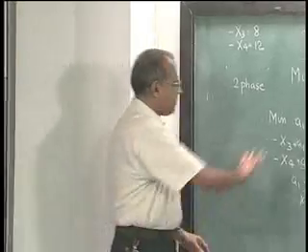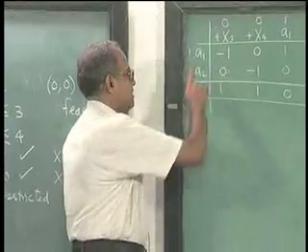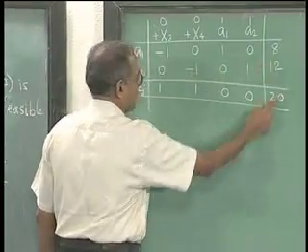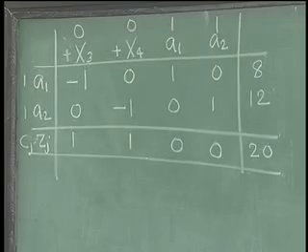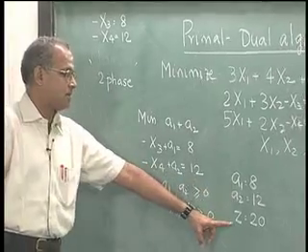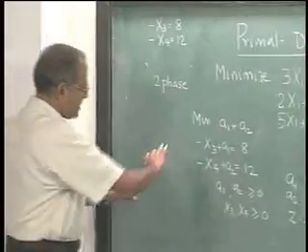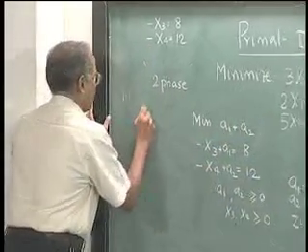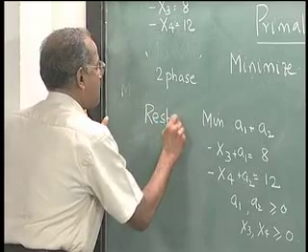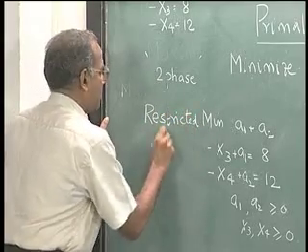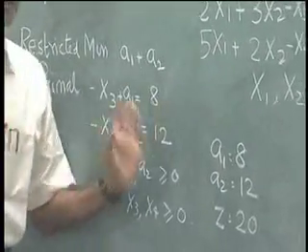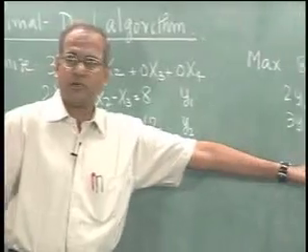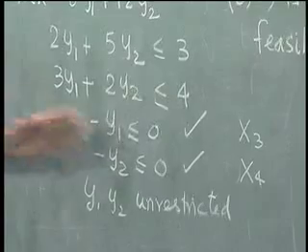So, we solved this problem using the simplex algorithm here, and we found out that the solution a1 equal to 8, a2 equal to 12 with z equal to 20 is optimal. So, this gives a solution a1 equal to 8, a2 equal to 12, z equal to 20. Now, this problem is called the restricted primal. Restricted because it is restricted by the feasible solution to the dual. So, we apply complementary slackness and then we get